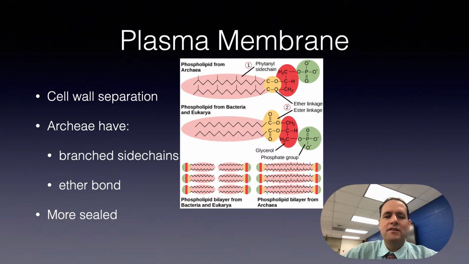So again, recall that the general structure of a cell membrane is a phospholipid bilayer composed of 2 layers of lipid molecules. In archaea cell membranes, phytanol chains linked to a glycerol replace the fatty acids linked to glycerol in bacterial membranes. And there's a little figure there. So in number 1, you can see how there's an ether linkage. That's in the archaea. And number 2 is pointing to the typical phospholipids of bacteria, okay,